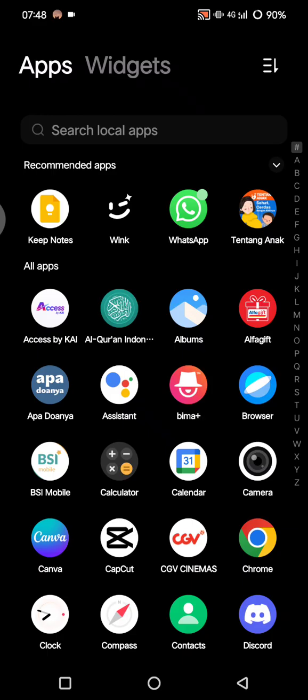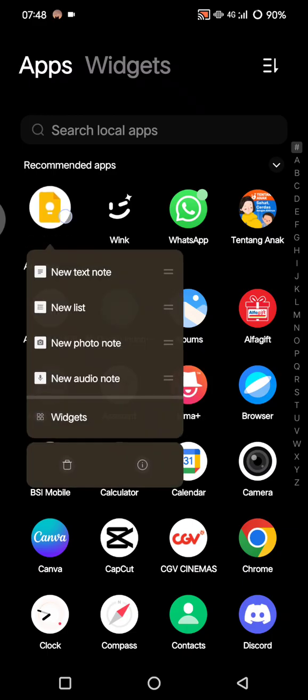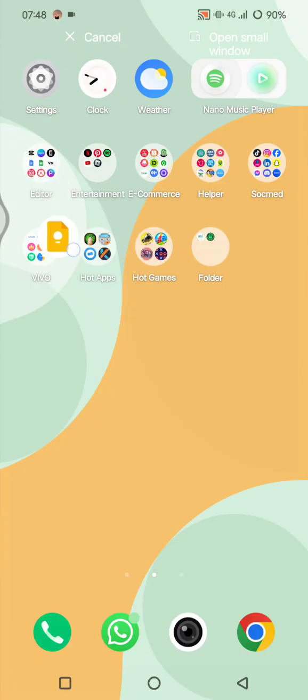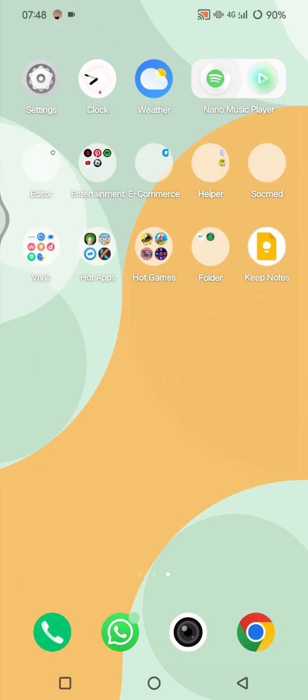So what you need to do is just long press on the app that you want to add the app icon to the home screen, just like this, and then just drag it and you can place it anywhere you like, and just like that the app icon will be added to the home screen. Okay, so